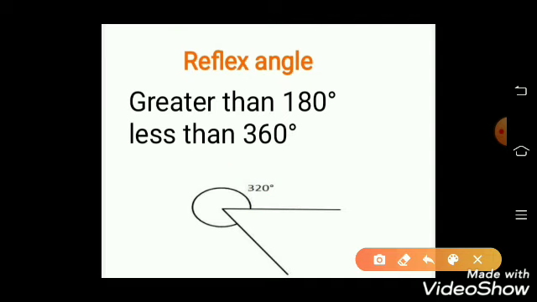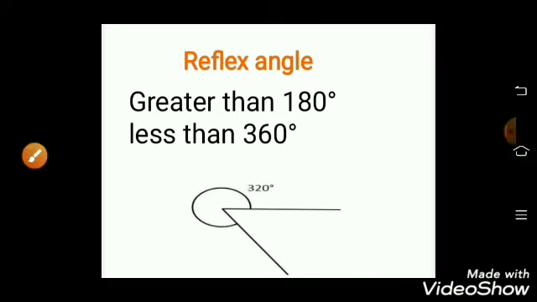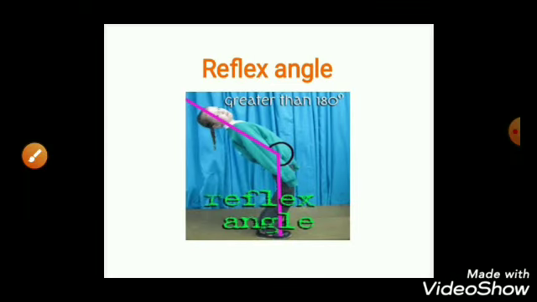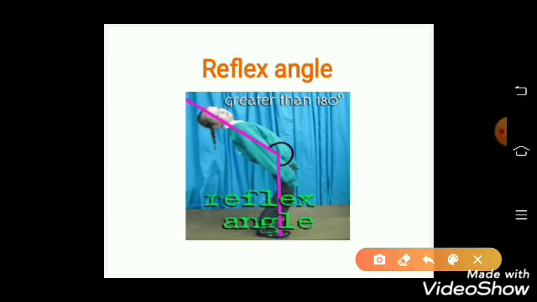Okay, an angle whose measure is greater than 180 degree and less than 360 is called a reflex angle. Okay, this is an example for reflex angle. So here making greater than 180 degree and less than 360 degree. Okay, next one,